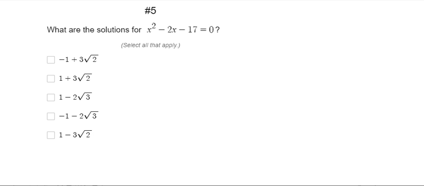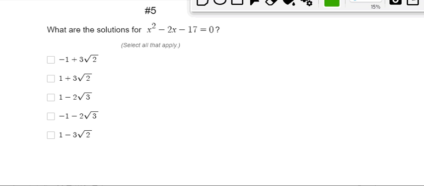Now we have to find our solutions here. We see all of our answer choices are radicals, irrational numbers, so we know we're going to use our quadratic formula. Let's go ahead. I want to show it this way, just to be fully thorough. x is going to equal negative b plus or minus the square root of b squared minus 4 times a times c, and all of that divided by